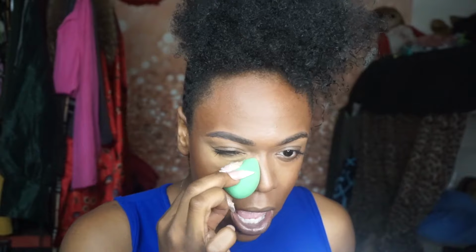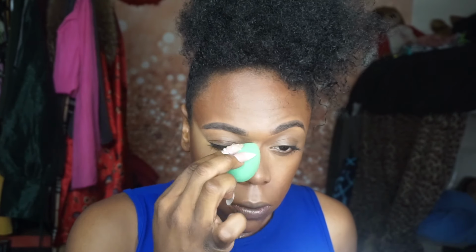And I'm going to really pack this in under my eye. I'm going to just pack it. And I'm going to take this powder to bring that highlight all the way back to give me that pulled back look. And I'm going to take it, instead of drawing it wide, I'm just going to take it right under my contour